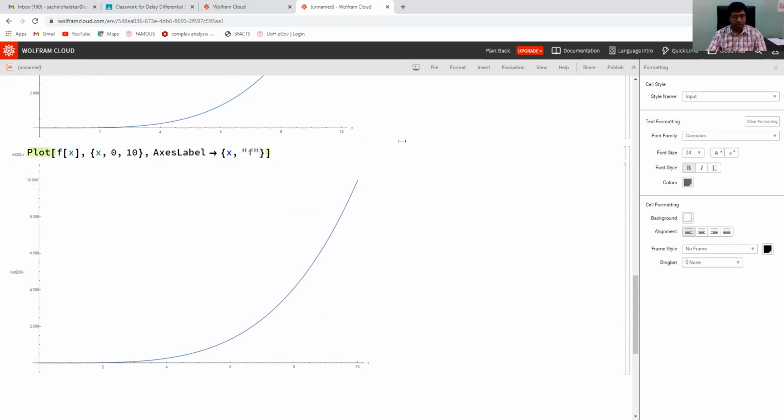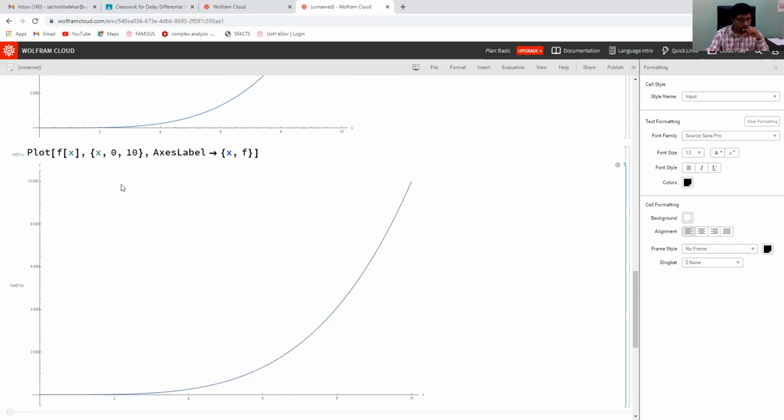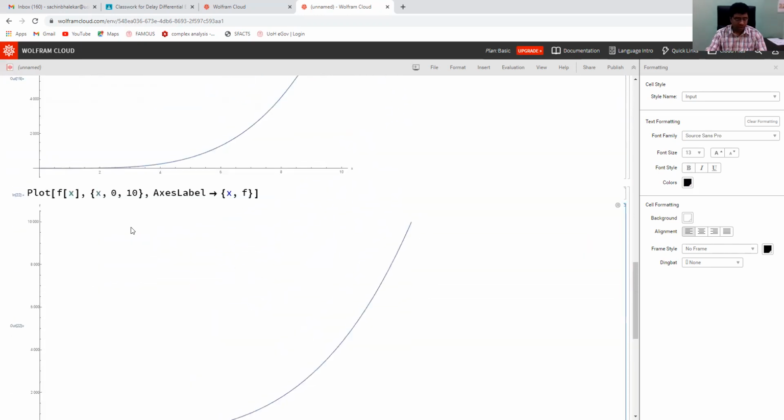What will happen if we just put f without these quotation marks? Let us see. It will take that function. Actually, it is taking f in this app.